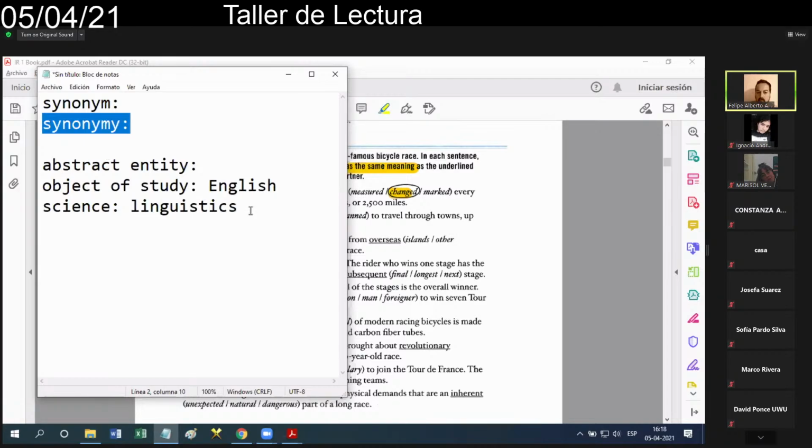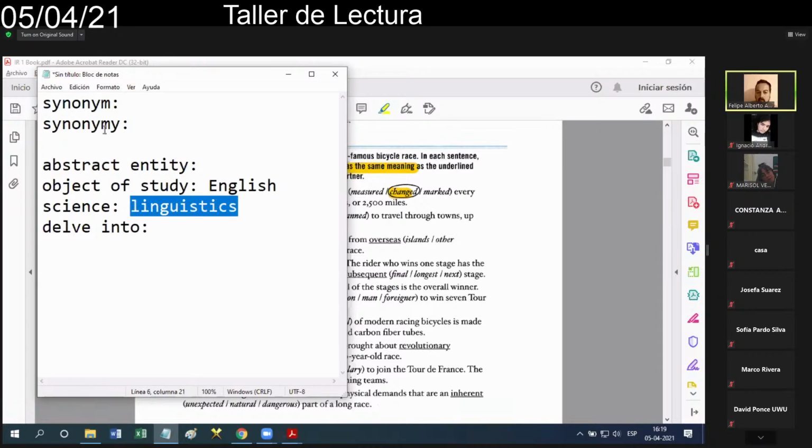And from this very angle, this is an abstract entity. Why, teacher? Because remember, when we study linguistics, these are the tools that we have to delve into the field of English. Delve into is like profundizar, something like this. To delve into this concept, which is English. And to study English, we need something else, which is linguistics.